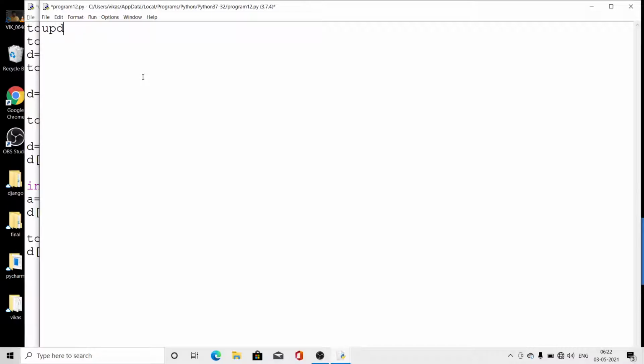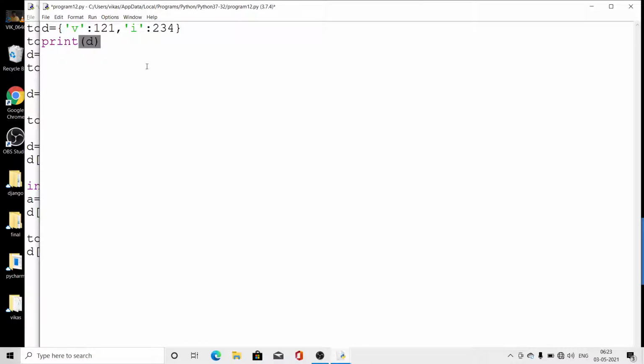Before going to see the functions, I will see how to update the dictionary key. One more thing you have to keep in mind during the updations. For example, I have a previous dictionary like that. Let me delete this. Look here, I have D is equal to one key V, their value is this one. Then I have one key I, that value is 234. Only these two things.